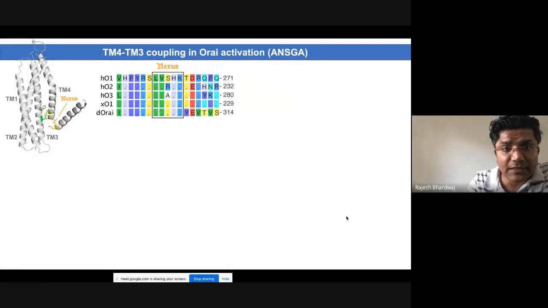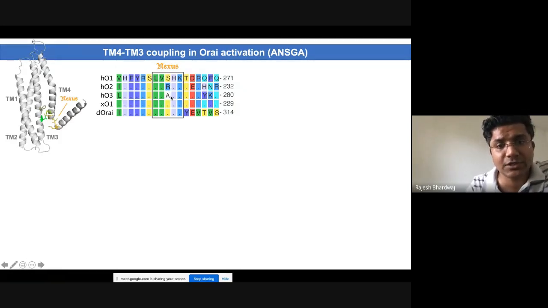And then we move to the second mutant that I showed you, the Nexus mutant. You can see here the Nexus residues in this hinge region of the transmembrane domain 4 helix. This is the TM4 extension, and here you have the transmembrane domain 4. And these LVSHK residues are conserved in human ORI2, ORI3, Xenopus, and Drosophila ORI, except that in ORI2 and ORI3